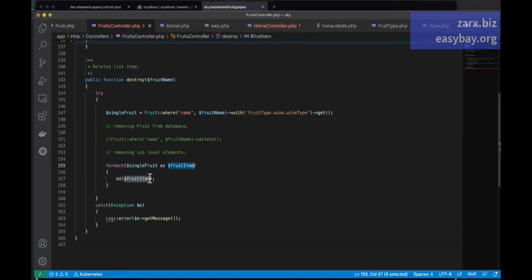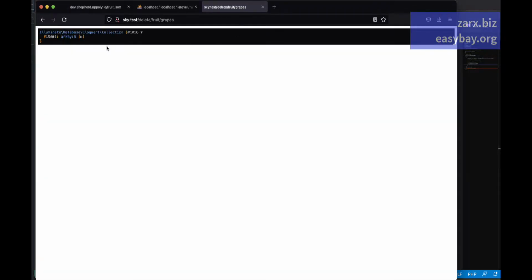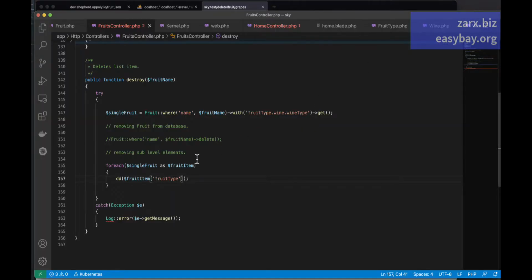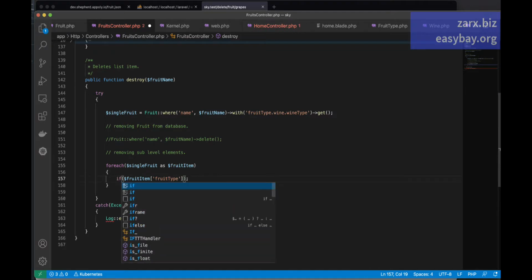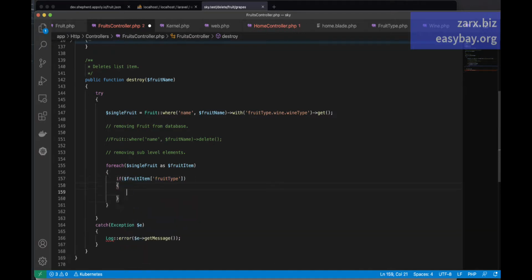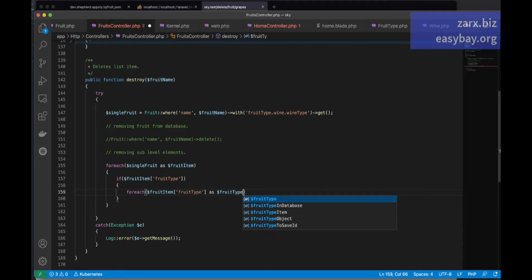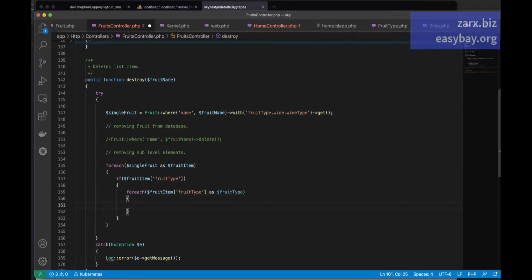So what I do, if I pass here simply fruit type, it should give me the value. Let's see. So we have the value, so we can work with that. So if we say here, if this value is present, again I'm going to do a foreach, we need to have fruit types, and we're going to pass here, and then as $fruit type,